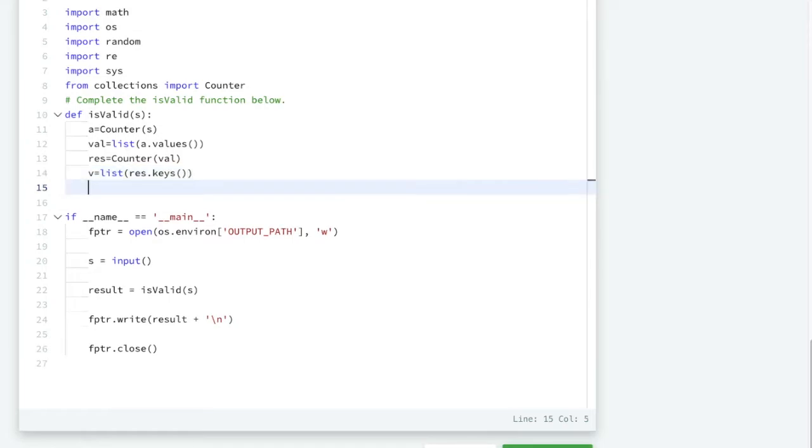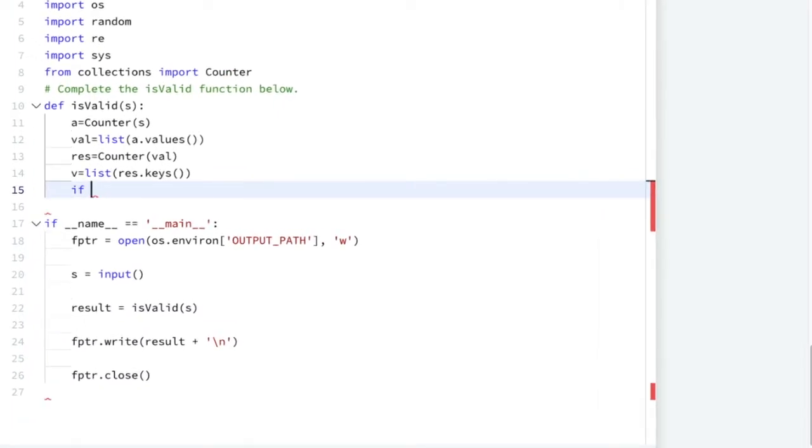Now, let me zoom this one a little. We will check the very first condition.